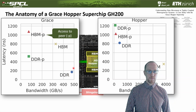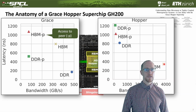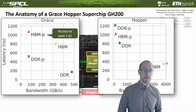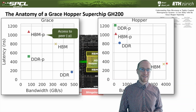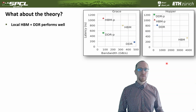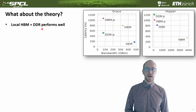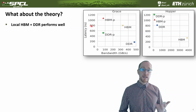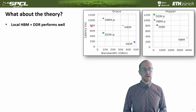The DDR memory that's local to the Grace is less than 200 nanoseconds. For the Hopper, the minimum latency you would get is more like 380 nanoseconds going through local HBM, because of course it's a throughput device, it's not a latency device, so that is perfectly expected. So it's already complicated to figure out. In some sense, what we can conclude is that local HBM and local DDR perform well, and as you go remote through the various protocols or links that I talked about, you have to be a little bit